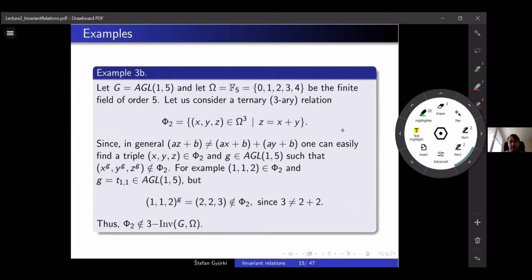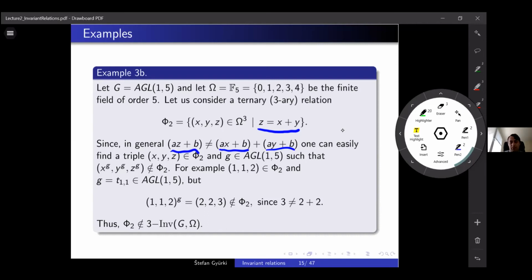In similar manner, I can define another ternary relation. Say that if I am putting a triple x, y, z into the relation phi2, if x plus y equals z in the finite field of order 5. Now, if I do the same job, if this relation is tree invariant, then I need to have that ax plus b plus ay plus b should equal az plus b for each x, y, z which are inside the relation phi2. It is easy to find a counterexample which will say that this is not preserved